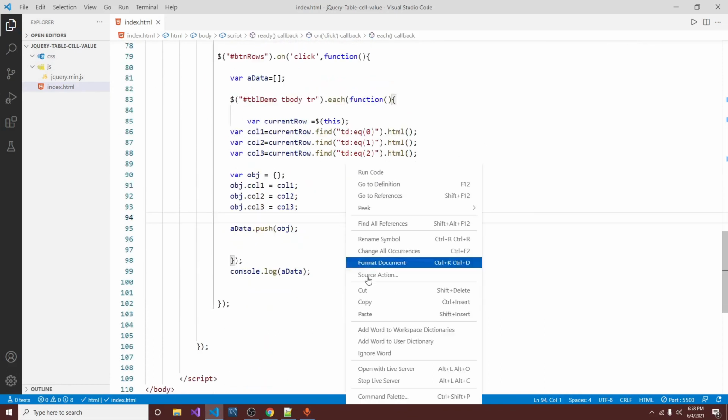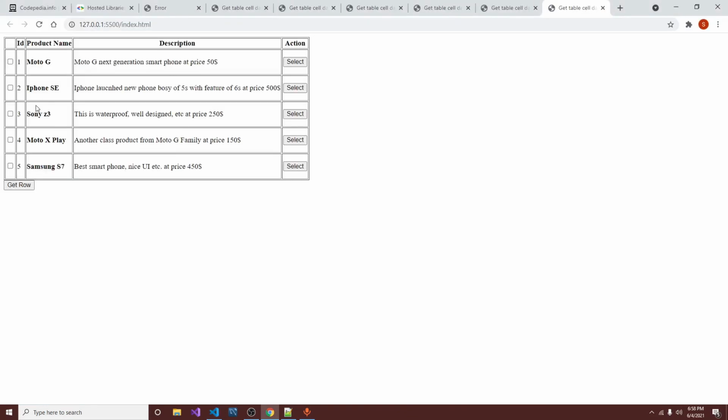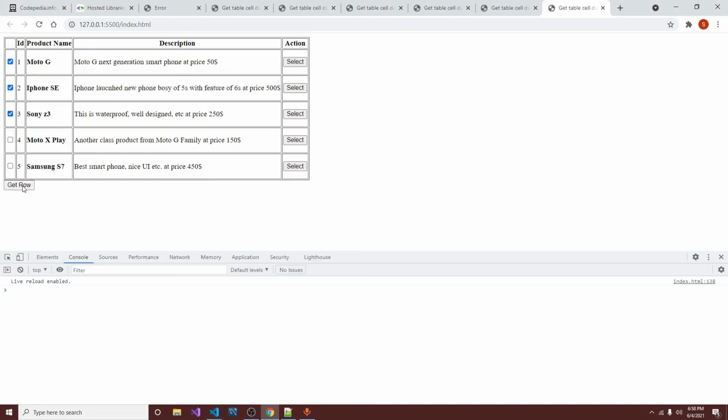Let's run this on browser. So we have the checkbox, but it will display all the data. So let's write code for that.